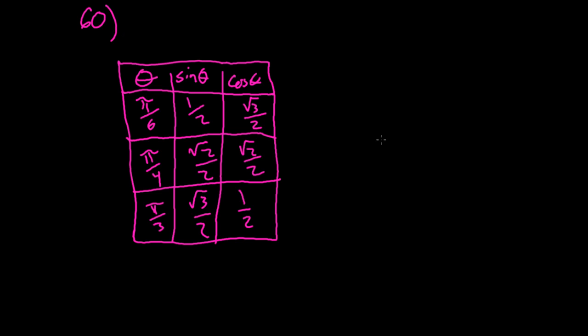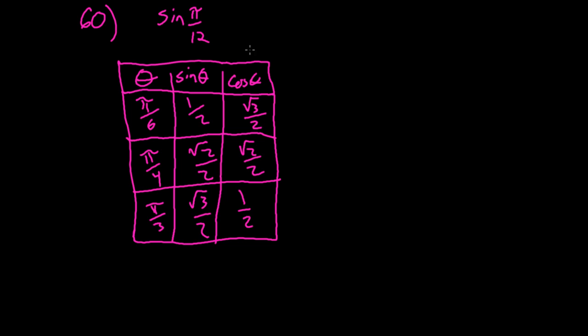Alright, so this is a chart in question 60, and it says, what is sine of pi over 12 given that pi over 12 equals pi over 3 minus pi over 4? And then it gives an equation. So it wants us to figure out what the sine of pi over 12 is. And if you look at the answer choices, it gives it in exact